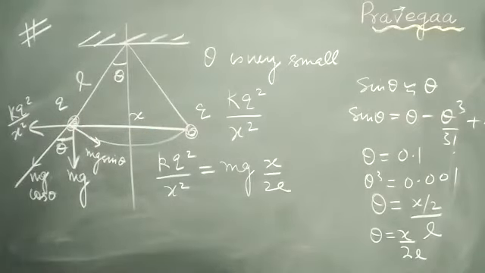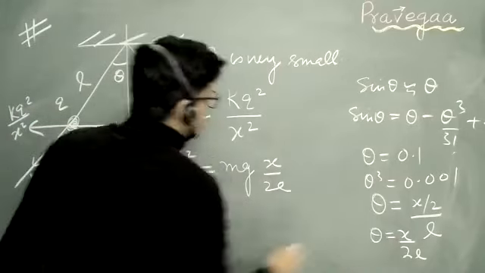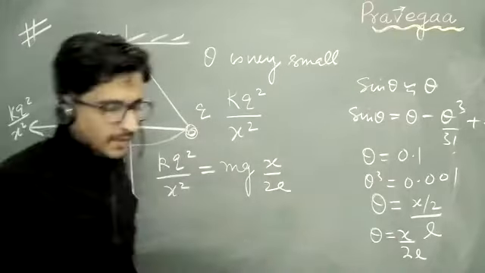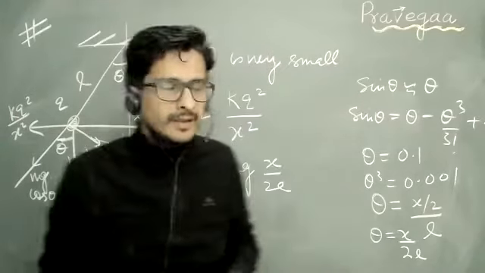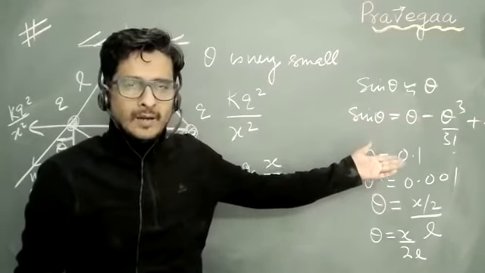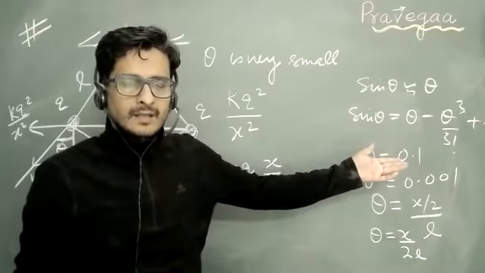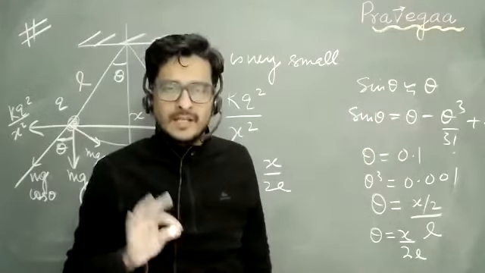And also I have put this approximation that angle is equal to arc upon radius. You have been doing this approximation since your class 11th in a simple pendulum problem. Yes or no? How do you solve the simple pendulum? T is equal to 2 pi under root L by g. How is that calculated? By just following this procedure. Is that okay?